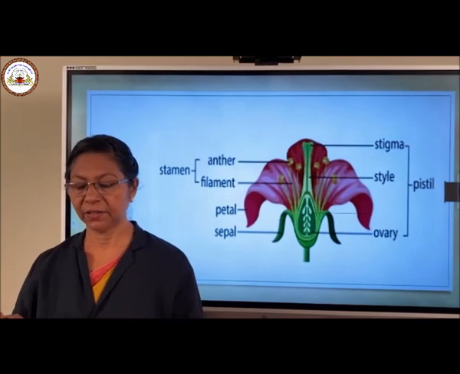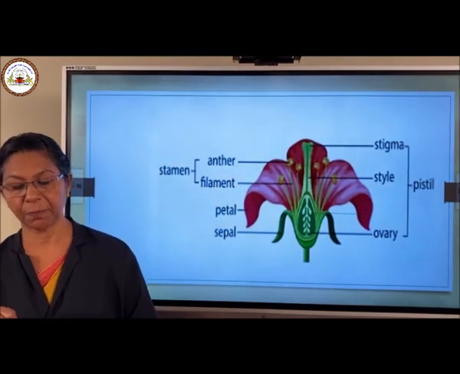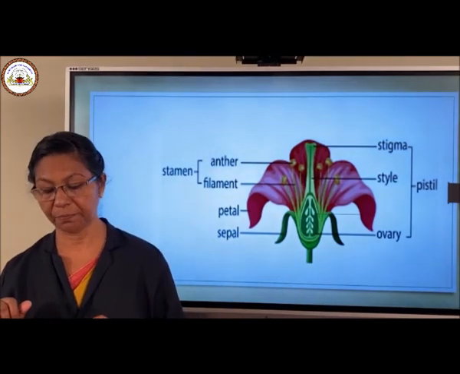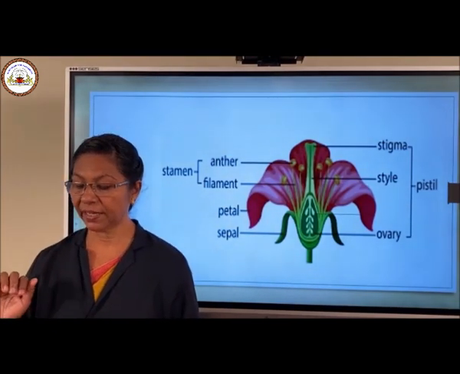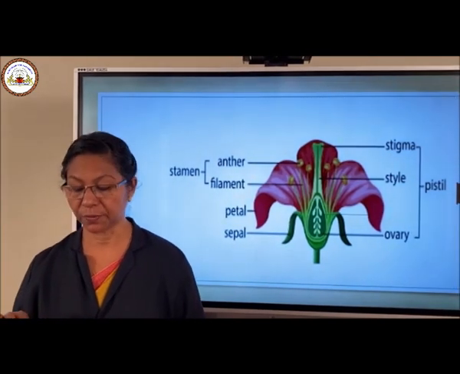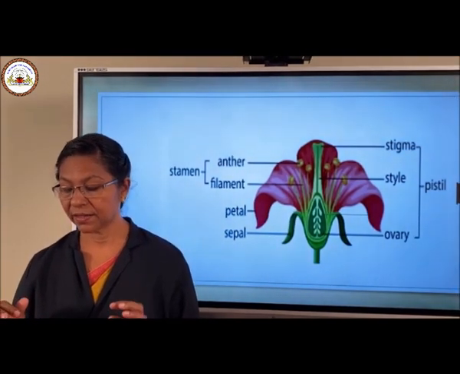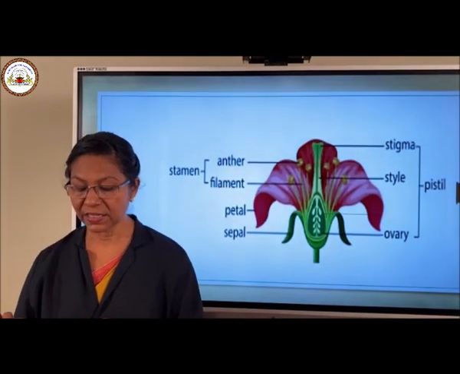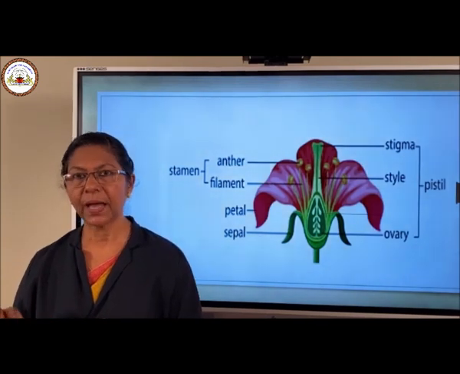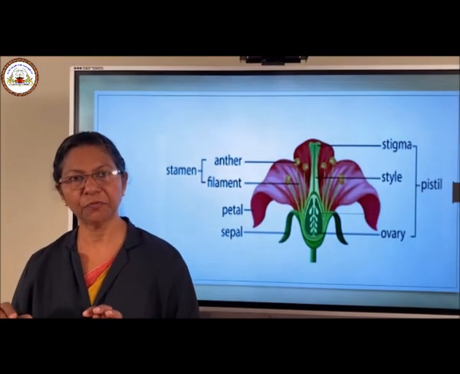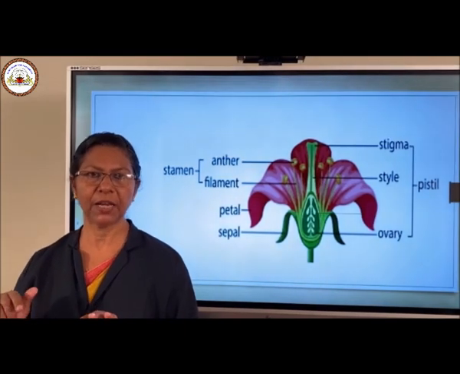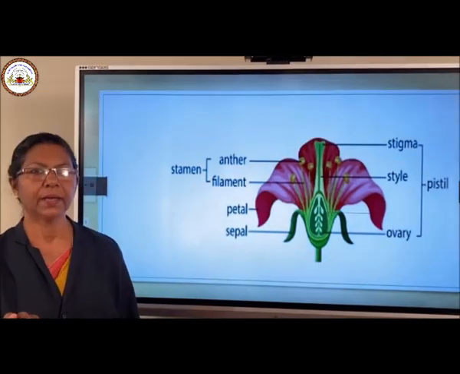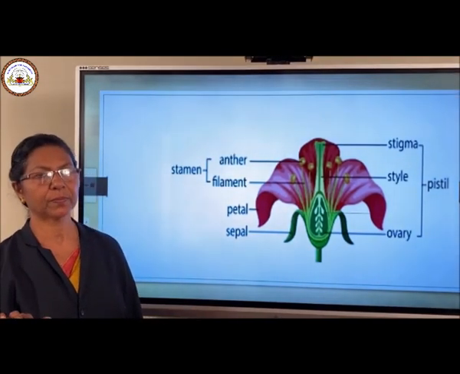We studied that food is stored in different parts of the plant, and we eat the roots of carrot, radish, sweet potato, turnip and tapioca. We also eat many other parts of a plant where food is stored. The stem conducts water and minerals from the roots to the leaves and other parts of the plant body, and the leaves prepare the food, and the food is transferred from the leaves to all parts of the body by the stem. Next portion is flower.